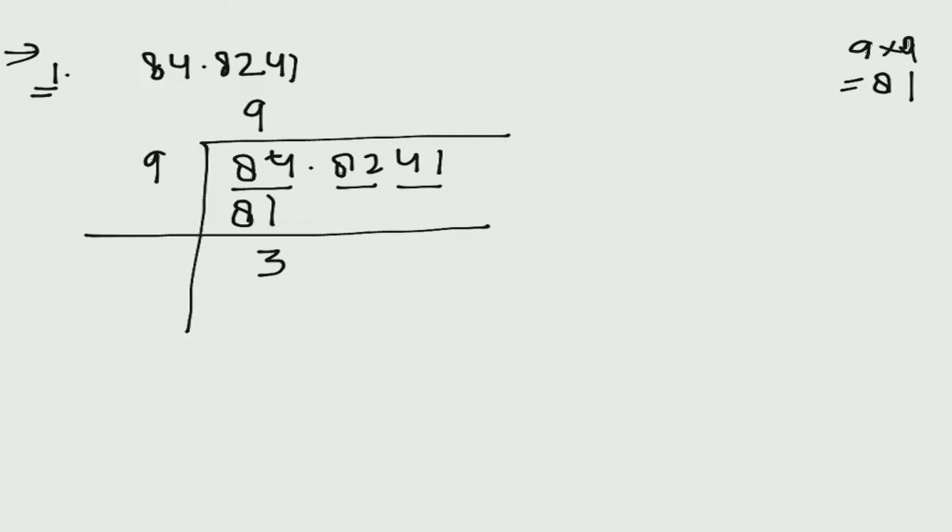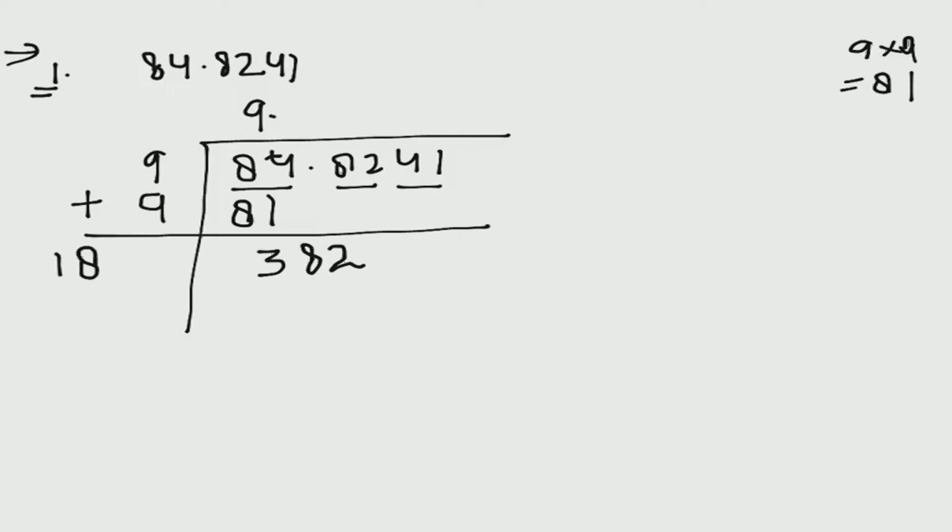Now here we have a point, so we will put the point over here. Then we will copy 82. So the decimal only we have to put on the upside, nothing in the down. Now as we multiply 9, we will add 9 over here. So we will get 18.